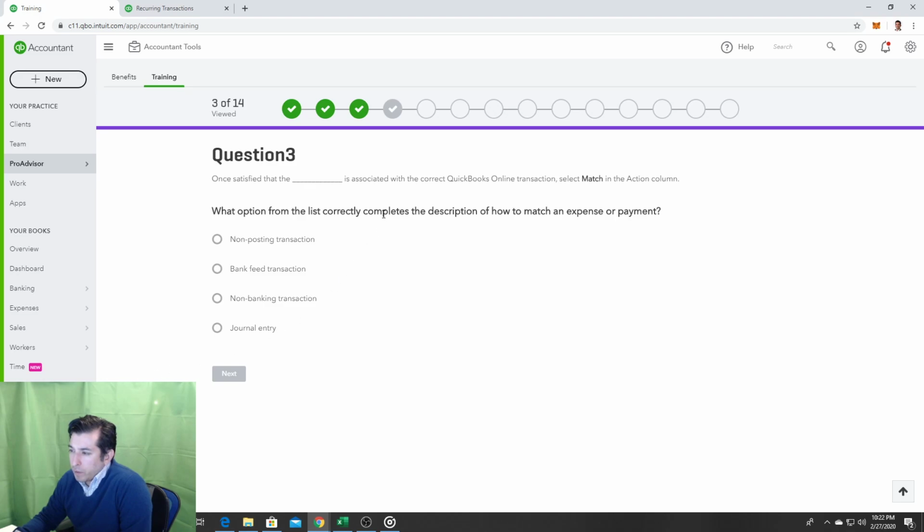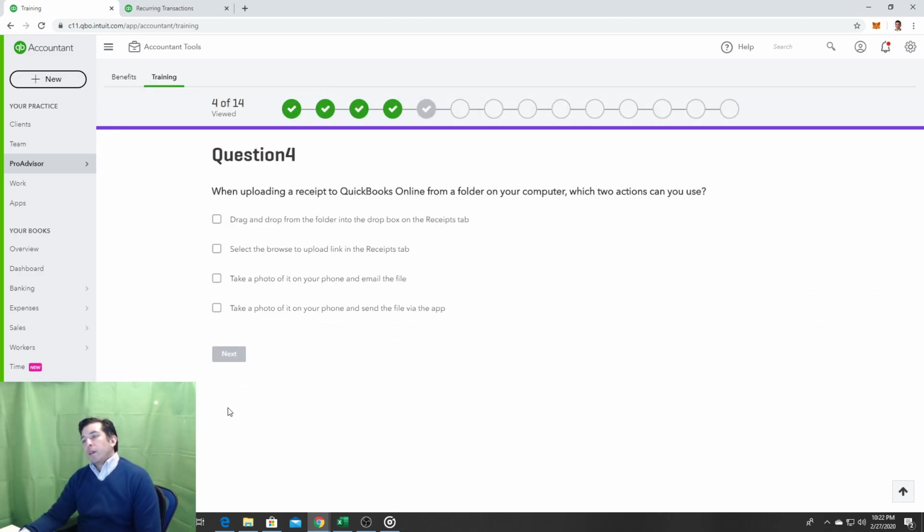What option from the list correctly completes the description of how to match an expense or payment? Once satisfied that the blank is associated, that the bank fee transaction, I guess. Yes, that's right. Okay. When uploading a receipt to QuickBooks Online from a folder on your computer, which two actions